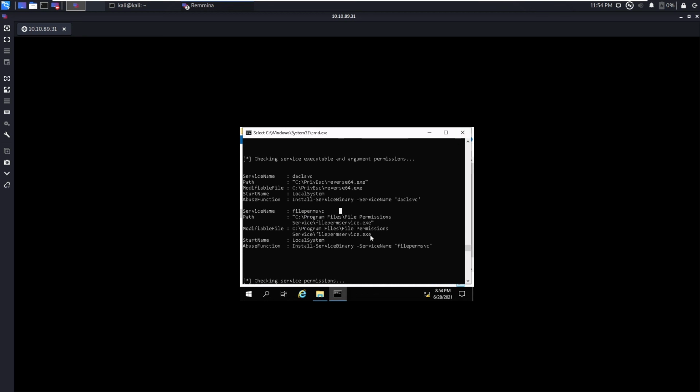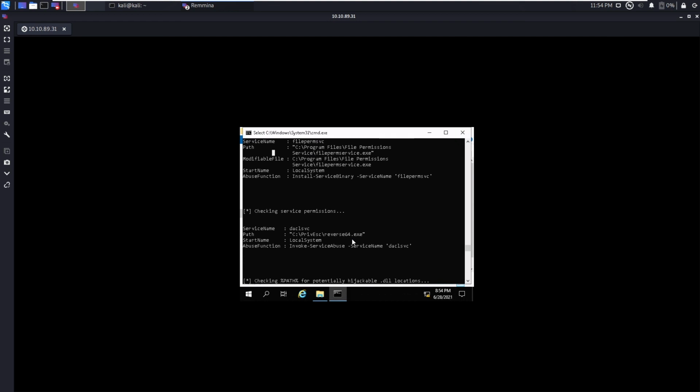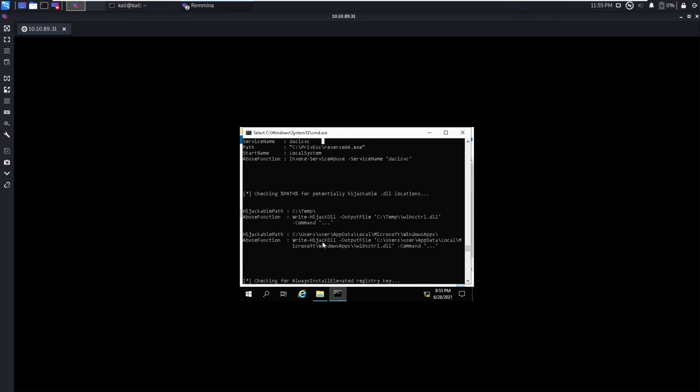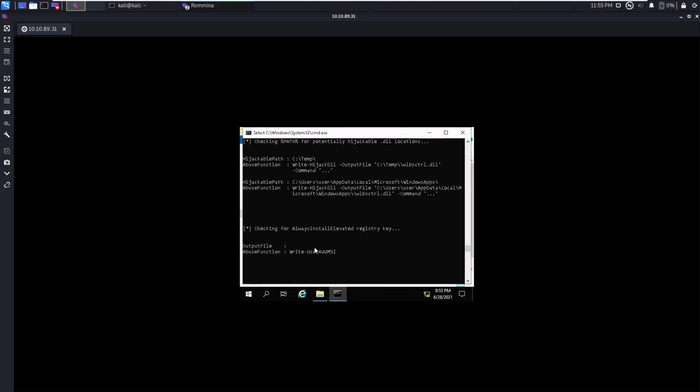So you can think of it as an exercise: query for this using the sc command and then modify this one to our reverse64.exe. So there are two services running, but the service permissions maybe we have only on this one. So okay, we will see what the output of other functions did.